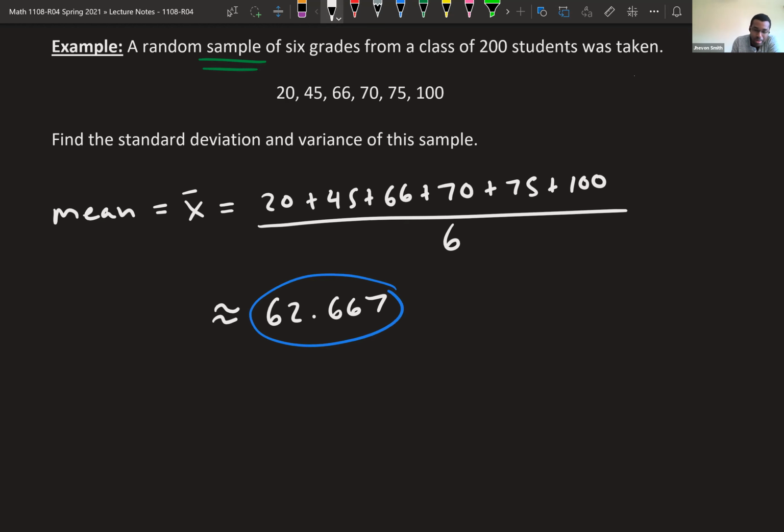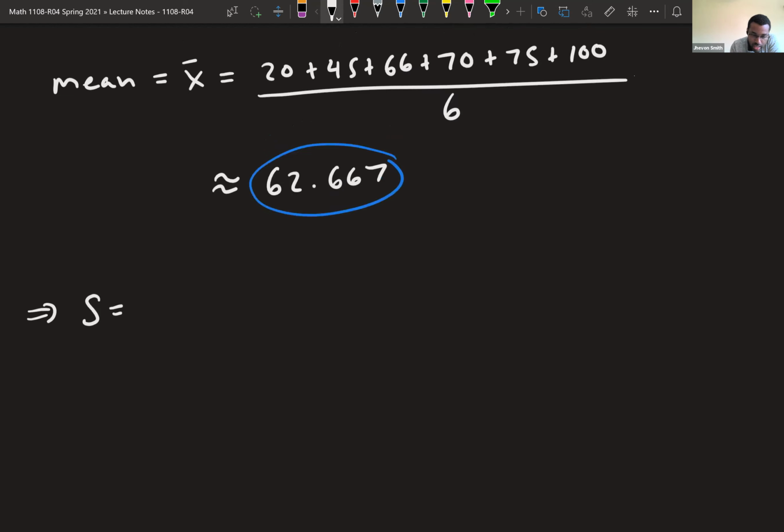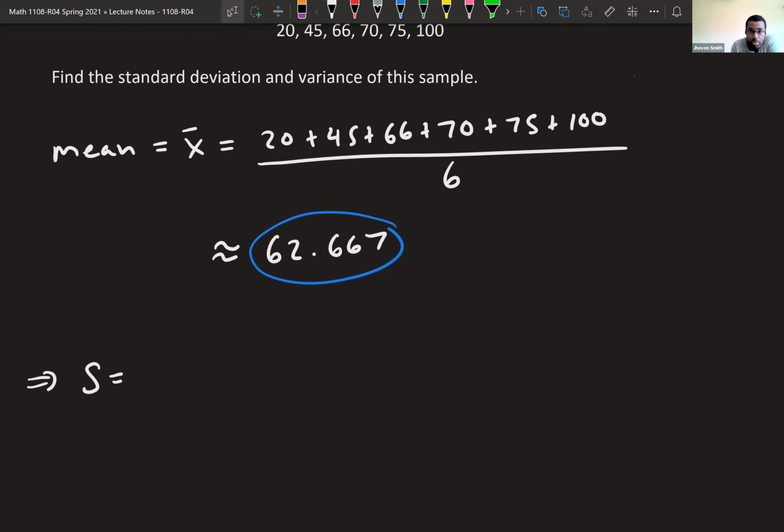Which seems like a lot, but if you have a nice calculator where you can see how you're typing things out and you know how to use it properly with parentheses, you can do it. So this means that the standard deviation is going to be, you're going to take each value. So 20, 45, you're going to subtract the mean, square it, add it together. So you're going to take 20 minus the mean, you're going to square it. Then you're going to take 45 minus the mean,